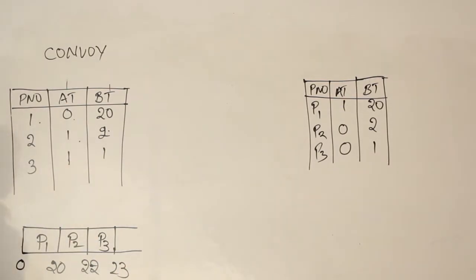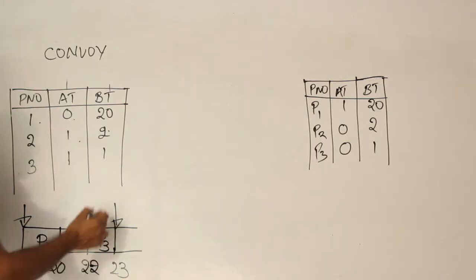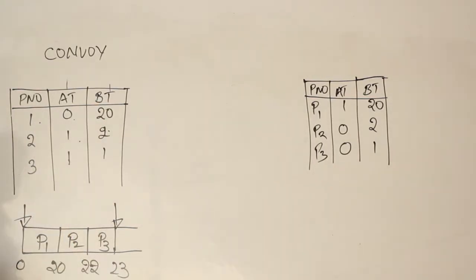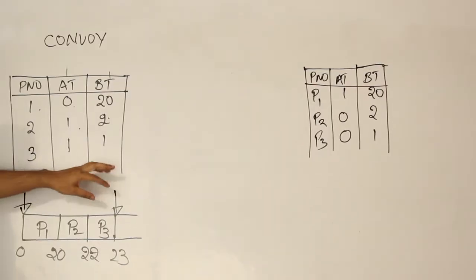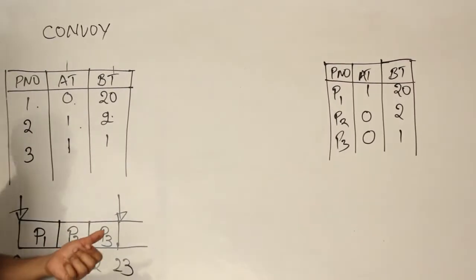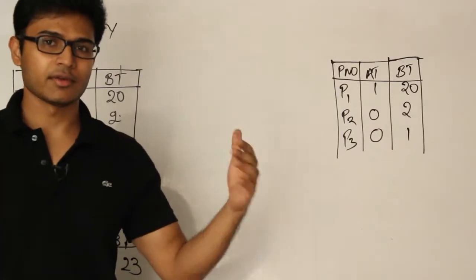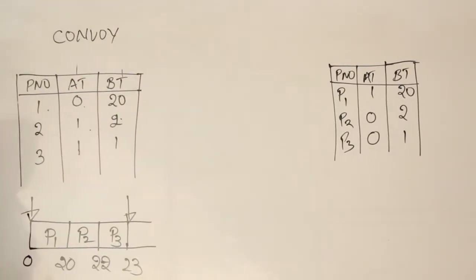One thing you should observe is the total schedule. If it starts at 0, by the time the schedule ends, you can add all the burst times and that should be equal to the end time, in case it is starting with 0 and there are no gaps. If there are gaps in the middle, it does not hold. Anyway, in this case, the schedule takes a total time of 23 and the burst time sum is 23. It happened here because there are no gaps, which means the CPU need not wait for any process, because all the processes are available. By the end of one process, the next one is available. By the end of the second one, the next one is available all the time.